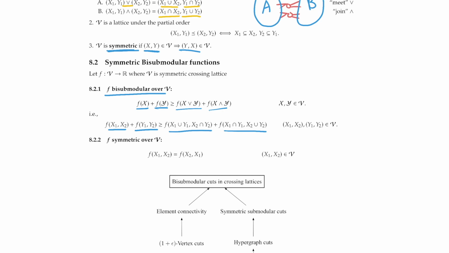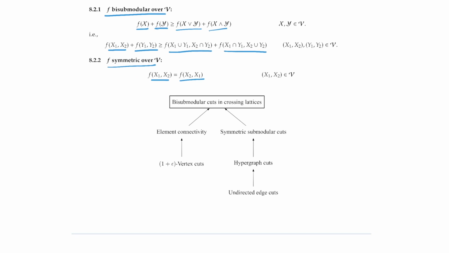It's also important for the argument to have symmetry in this bisubmodular sense, which is just that the reversed pairs have the same value. So in this sense, we can incorporate that semi-asymmetry of vertex cuts as still symmetric if you look at two sets at a time. And so this is actually a good framework to understand all these problems at once. It'll generalize both element connectivity and symmetric submodular cuts.